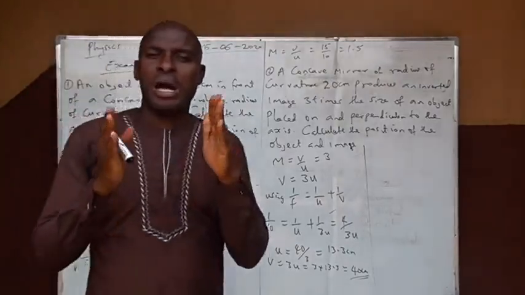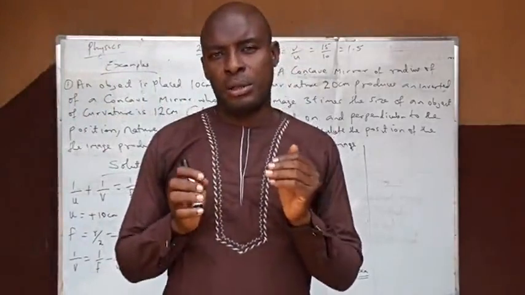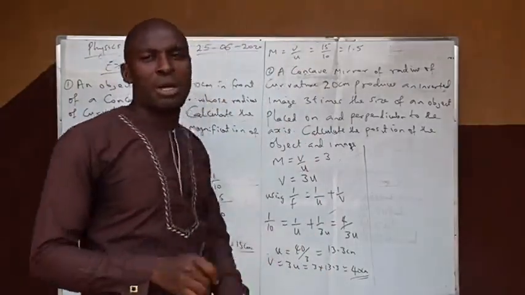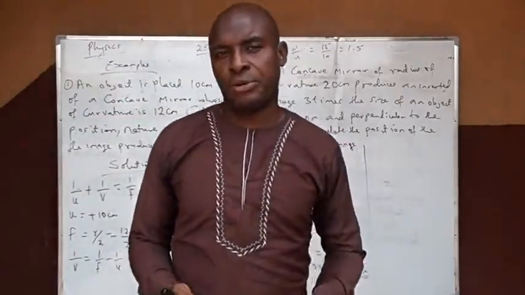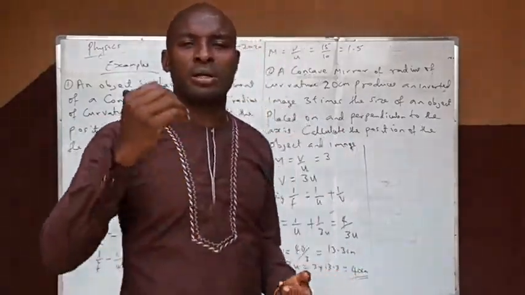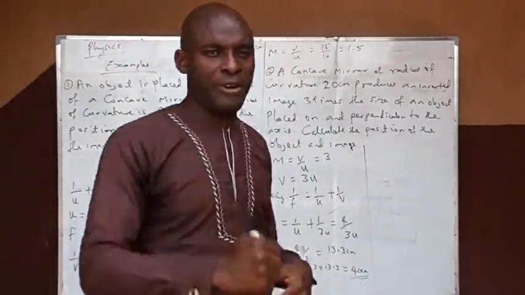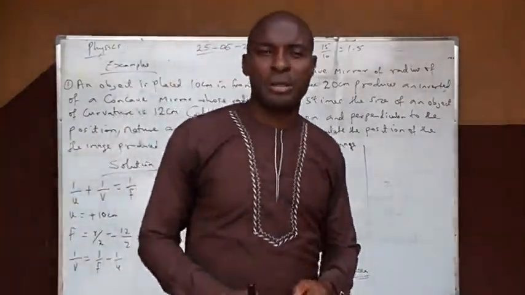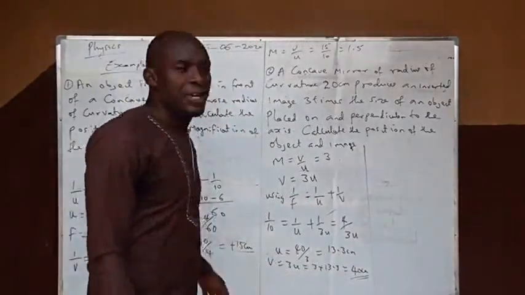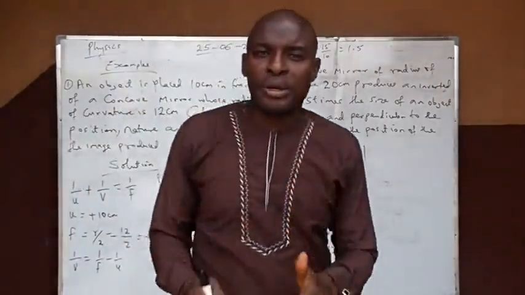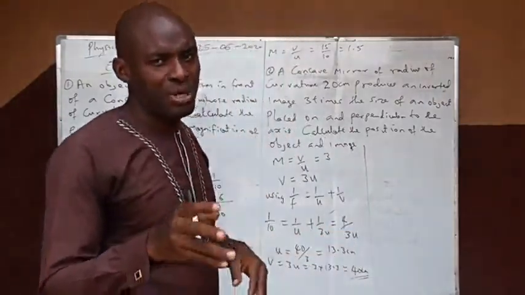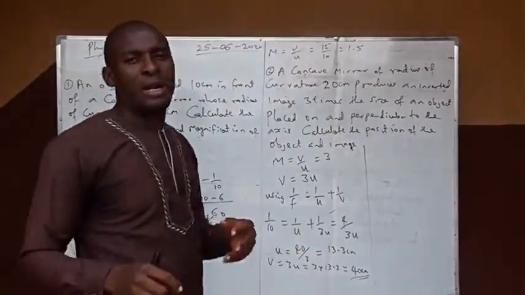Whenever you are given this mathematical problem, one thing you should know is that in solving with the mirror formula, we have two methods you normally use. What we are going to concentrate on is the real-is-positive convention. And what does that mean? It means that every real image and object is always positive. That is, the image and the object in front of the mirror. Another one is